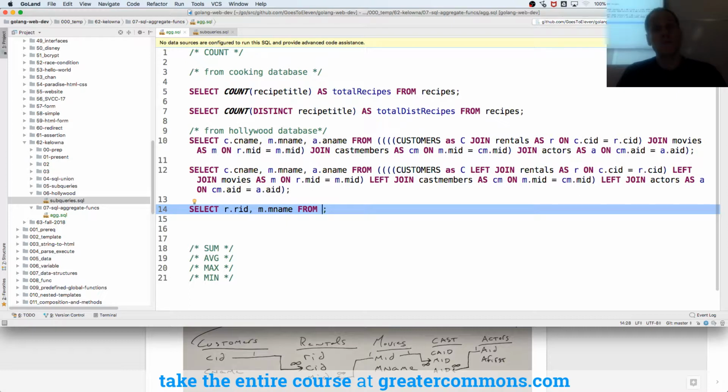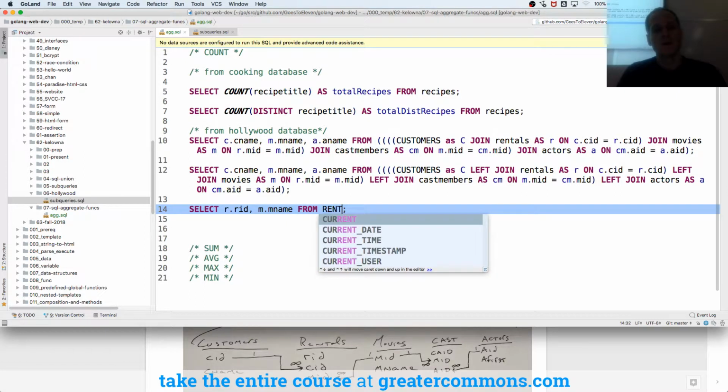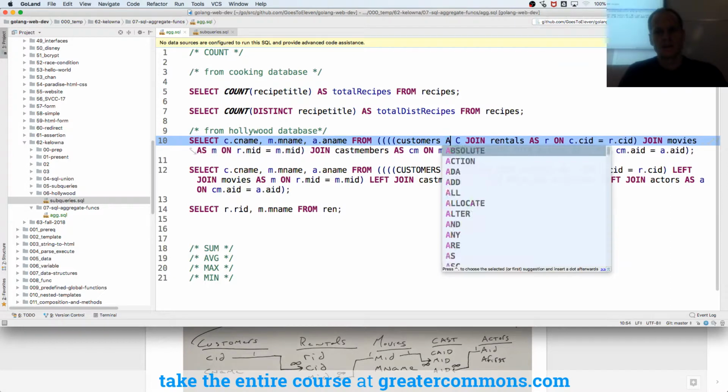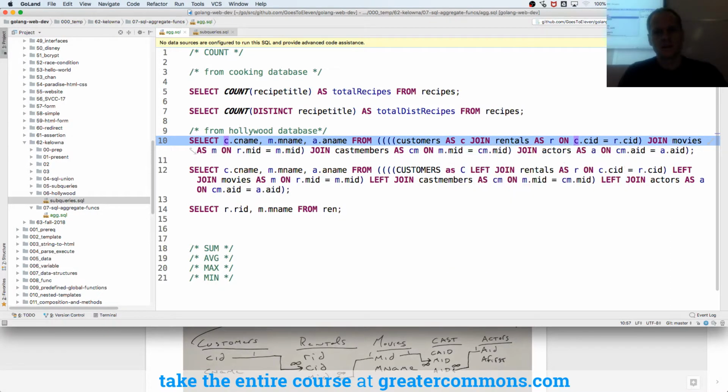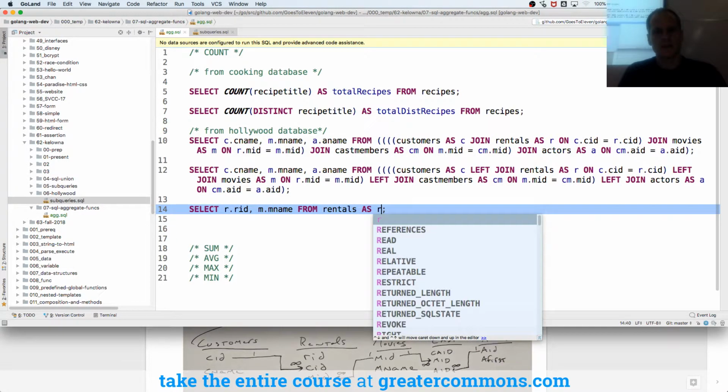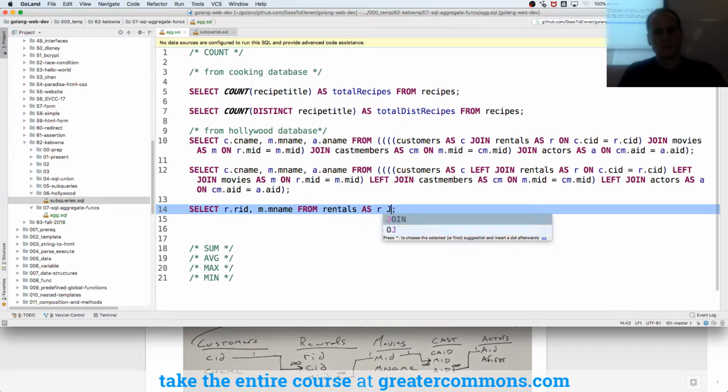From rentals. I don't know why I capitalized customers up here. I did that backwards. There we go. So I'm going to do from rentals as r, join